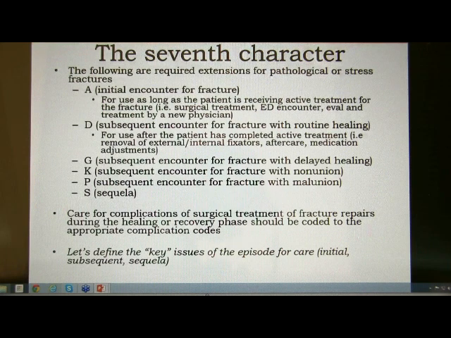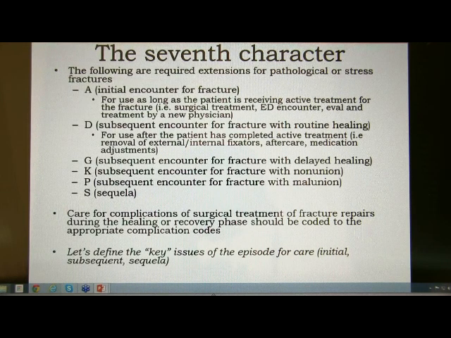So for example, if the patient was seen in the ER today for a fracture, they were splinted and told to follow up tomorrow with the orthopedic surgeon, and then tomorrow when that patient shows up in your clinic, that's still going to be an initial encounter because it's the first time you're seeing the patient for that injury, and that's going to determine their course of treatment. Now, when they come back in for routine follow-up of that fracture, that's where we move to 7th character D, subsequent encounter for fracture with routine healing. So after we're done with the active treatment, which would be surgery, casting, etc.,